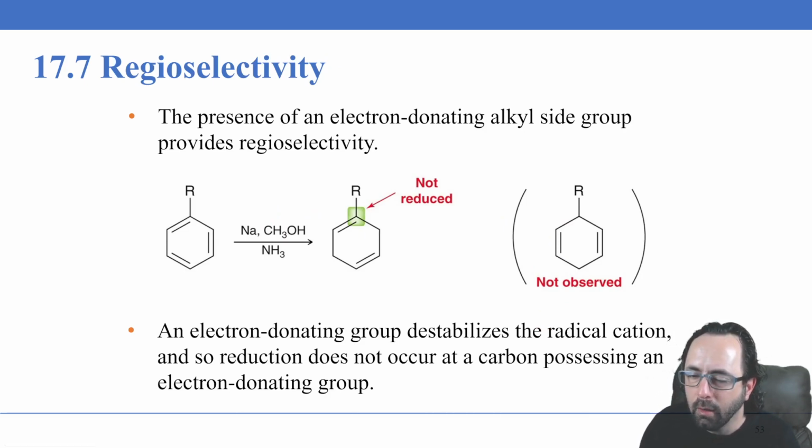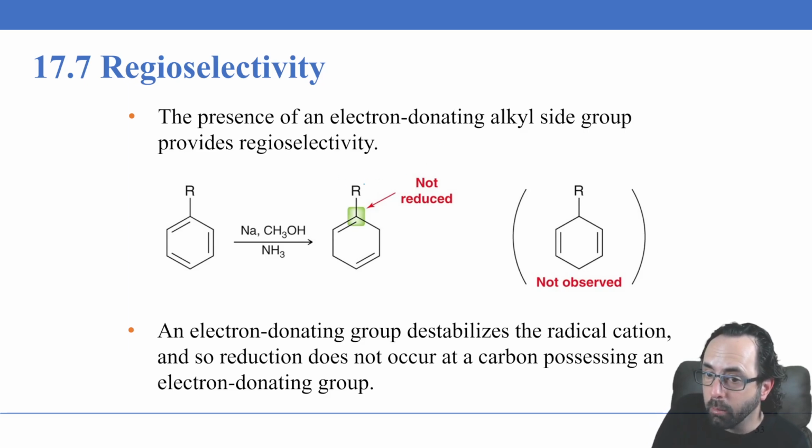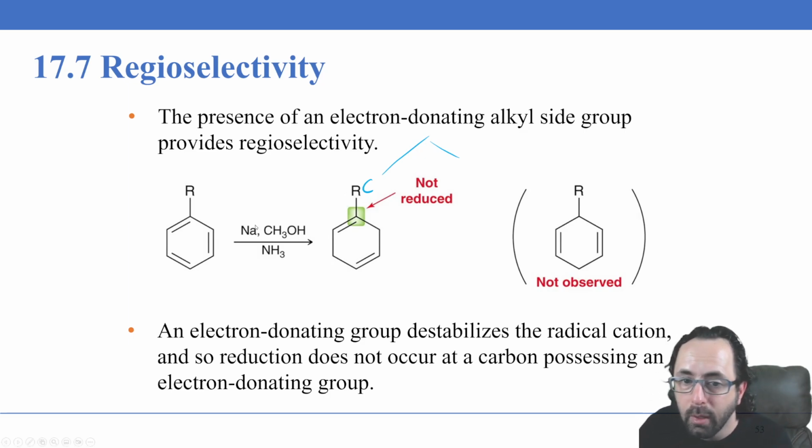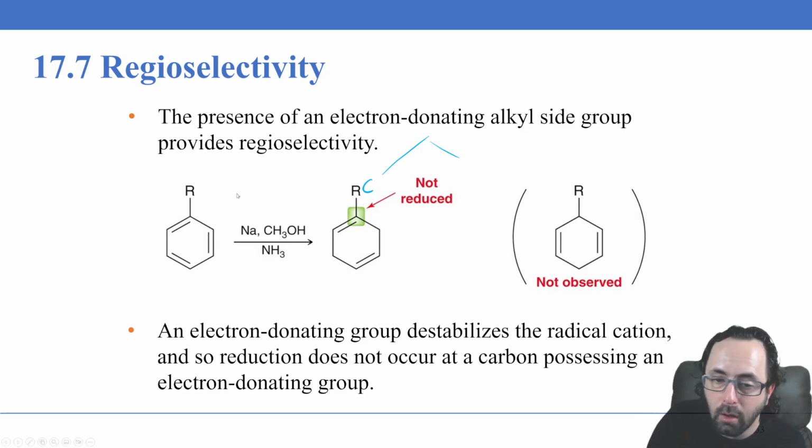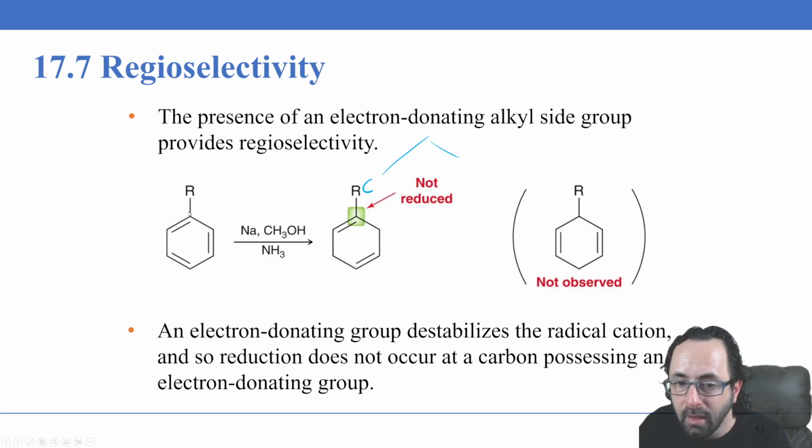Now, we've seen in previous reactions that we could have the presence of other groups here. The R here represents carbon and some other stuff, right? So there's carbon and it might have other things attached. If we have an R group here, a carbon atom, this is equal in electronegativity to the carbon. We consider this electron donating. It can give electrons, the carbon atom. If we have an electron donating group, that's going to mess up this reaction. It's not going to occur in the same way, and we will not observe the